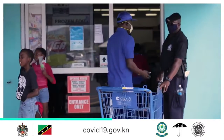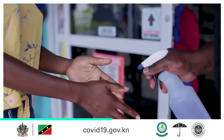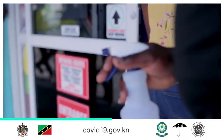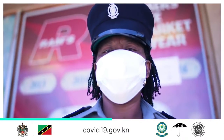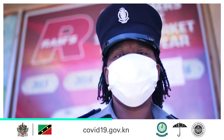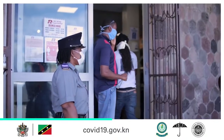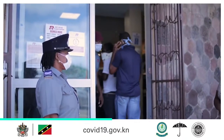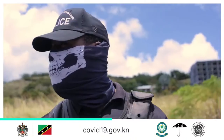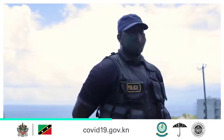Each supermarket where I attend and even in the pharmacy, they're cooperating very well, and it's a good thing that they're doing. I am very passionate about being here, performing my duties on the front line of COVID-19. Our job is not so easy, but we all know that someone has to do it. It's not an easy job, very difficult, but however, we love our country and we managed to take